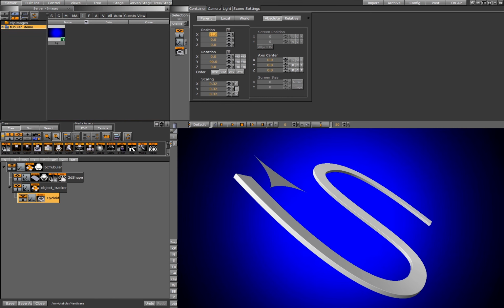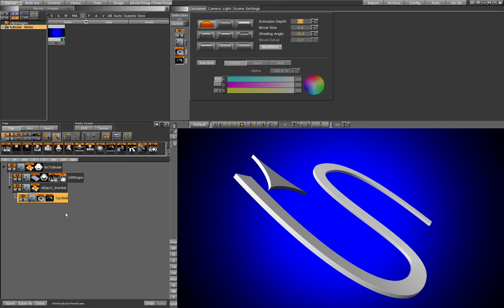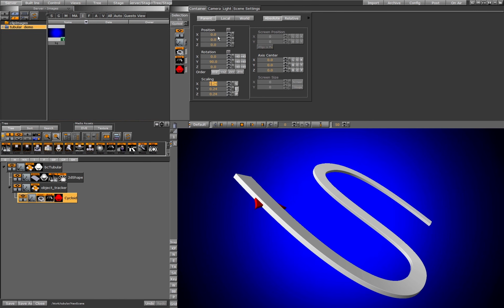We can add other plugins to the shape. For example, here I will use the Extrude plugin, and I can apply materials and adjust the color. There is no limitation to the look of your scene. So now I have this arrow, and if I place it at the end of the Tubular 3D shape and adjust the track position value again, you can see the arrow moves along the shape, but it cuts through the